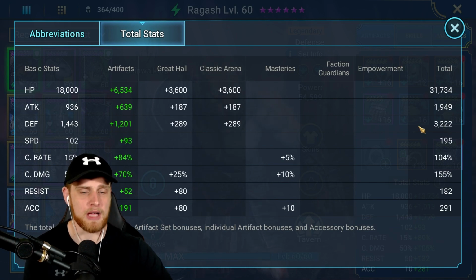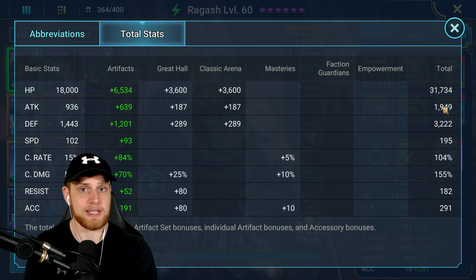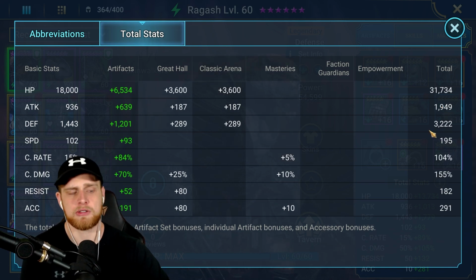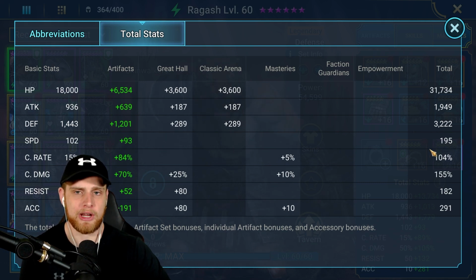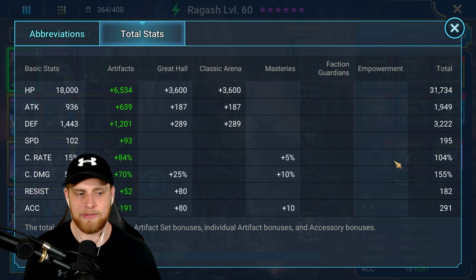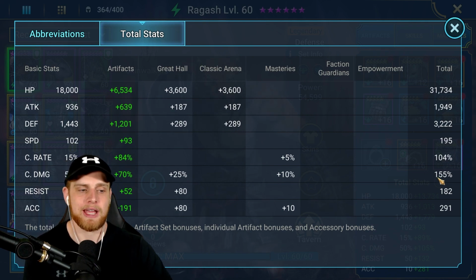Definitely not anything crazy. Obviously, you want to stack the defense because he is a defense-based champion. The speed, 200 plus, is going to be very good. Crit rate, 100% crit rate, unless you're going against specifically Force Affinity champions. Then you can go to 85, but honestly, just get him to 100% crit rate